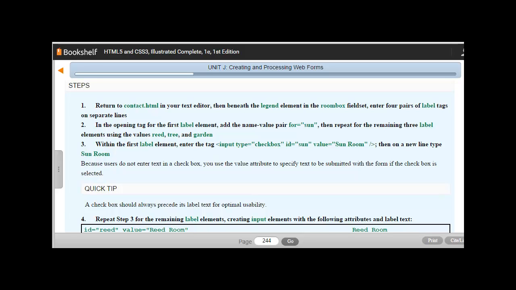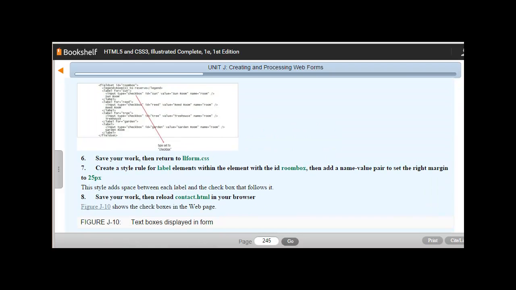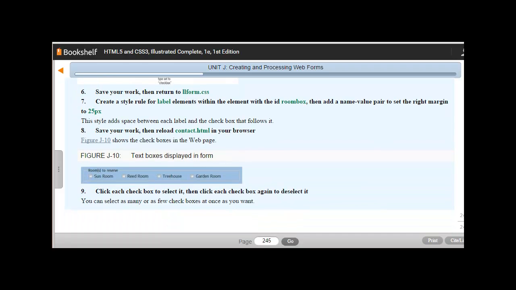Now, to reinforce this, we are once again working with our Lakeland Reads website, and we are going to put in some check boxes in case our customers may wish to reserve more than one room at Lakeland Reads B&B. So let's go ahead and input that code for our check boxes and see how the changes look. Here are the steps we will be performing in this section. And you see how the check boxes will be displayed in our form here. Let's get to coding